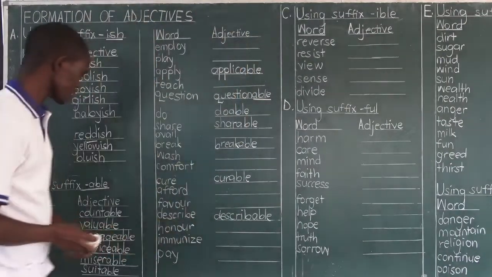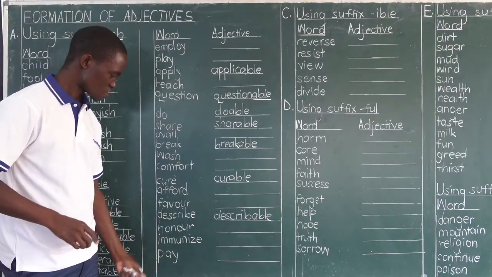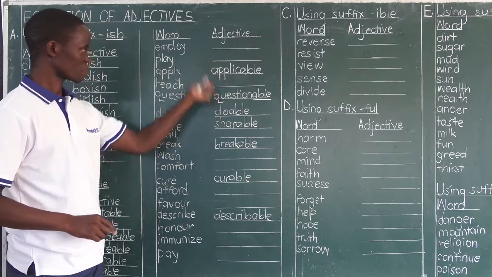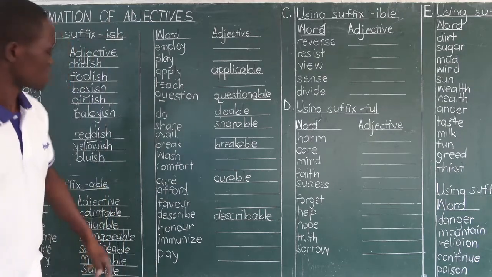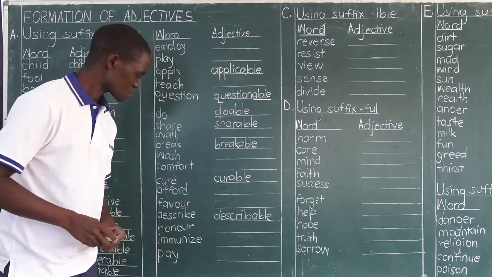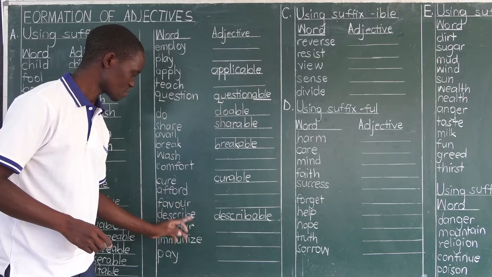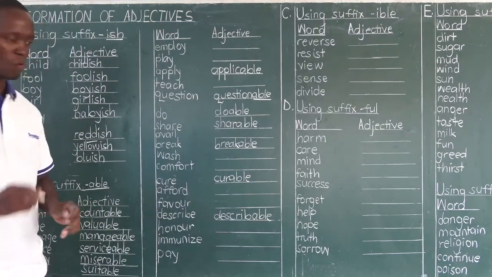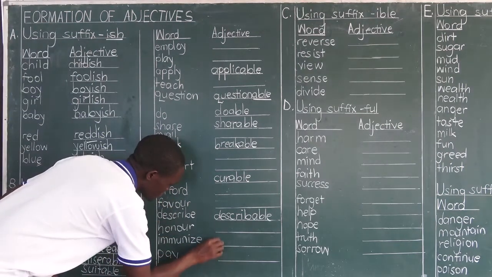Next, our next word is honor. We are going to form an adjective from honor, and that should be, as with these others I've talked about, where you just add an E, straightforward. Next, immunize. Immunize is not different from describe. When you check the way we have handled describe, that's the very trick you're going to apply when forming the adjective from immunize, and that should be immunizable.